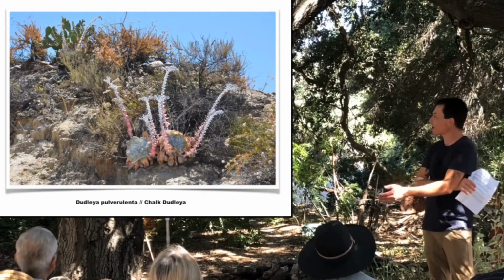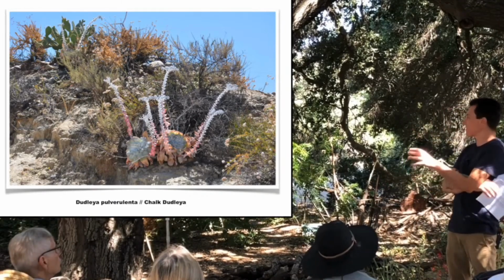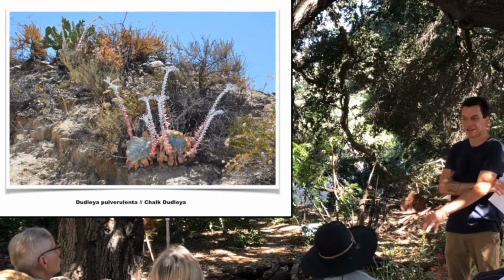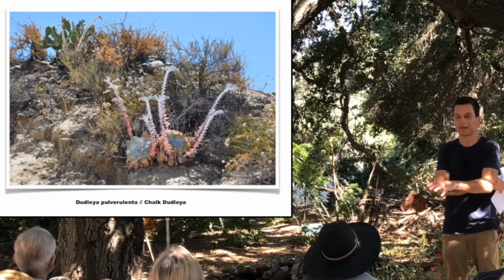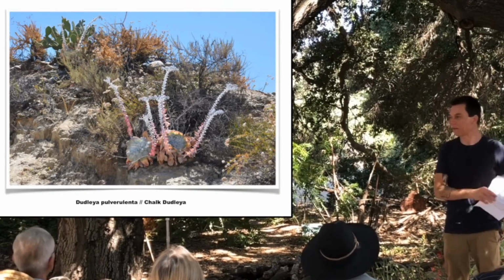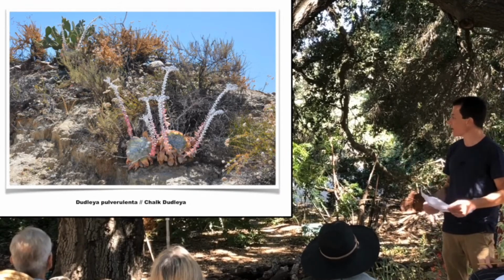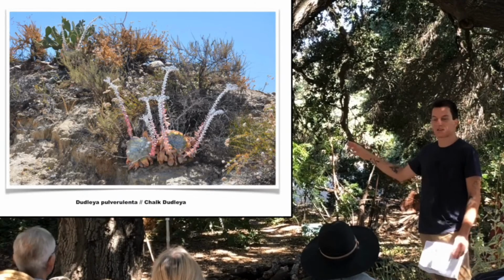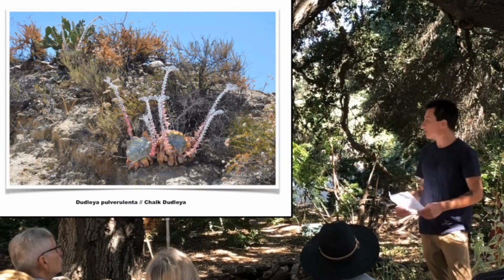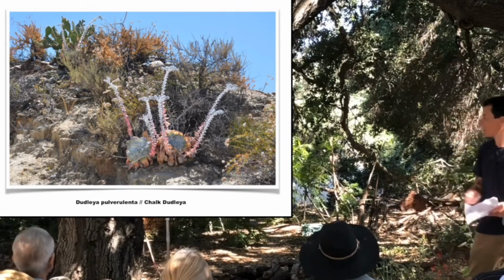And what's sad about that too is not too many people in California realize that we do have native succulents to our areas. A lot of our succulents that are planted in the gardens are sourced from all around the world, where we have a beautiful, diverse selection of these Dudleyas. They are the true signs of summer for me. Summer basically begins when these things are in full bloom, when their hands are out,